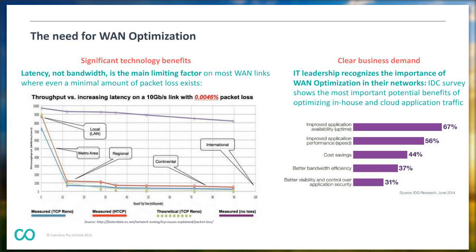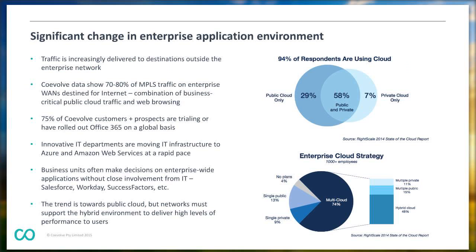So that's a major challenge with that current environment before we take into account anything new that's happening within the application environment. And what is happening there? Well, as we've said, the big trending change here is the destination of the traffic. More than ever, it's leaving the wide area network. We see 78 to 80% of traffic leaving MPLS networks for the public internet across almost all the networks that we have visibility into today.